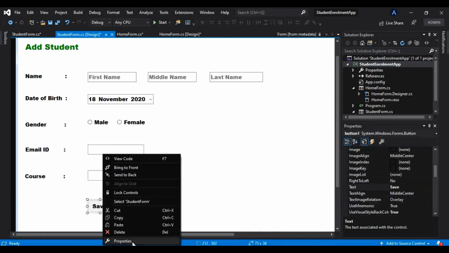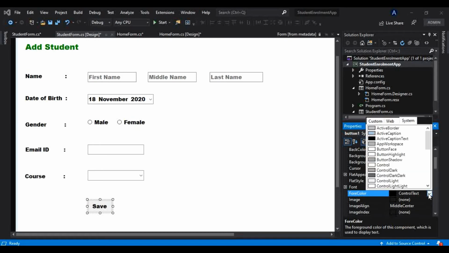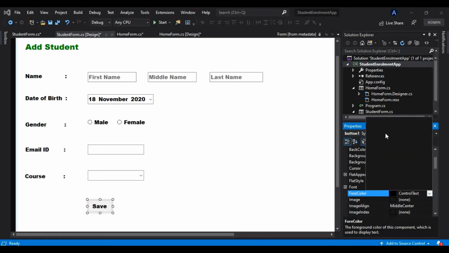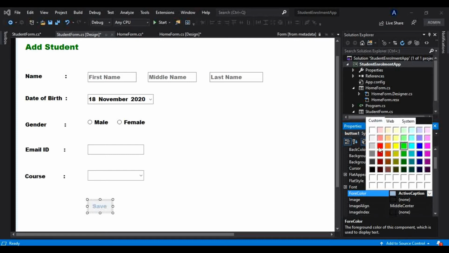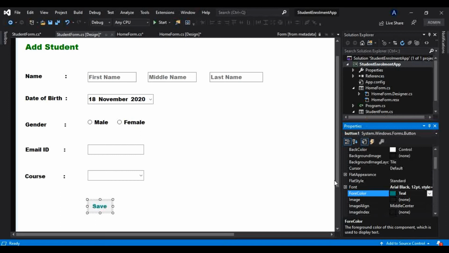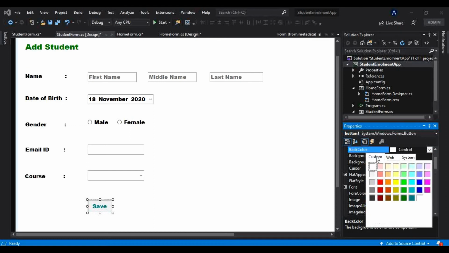Okay, and I will again change some color for that, that is, fore color I want as, not this, I will choose that from custom color. So I want that to be blue, and also I want to change the background color, so I can change that from here, and I will change that from custom only.